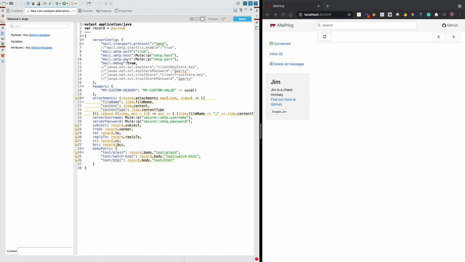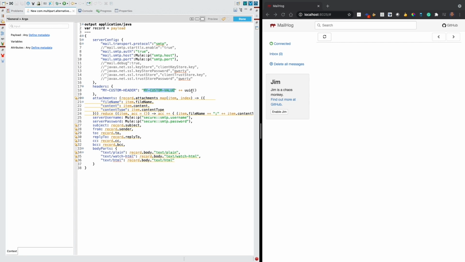Okay, going back to our solution, we can enable as many properties as we want. Of course, each SMTP server requires different properties. In this case, MailHog is only using a normal username and password, which are defined here. We are also defining a custom header, which has its own value based on this. It's just a normal string concatenated with